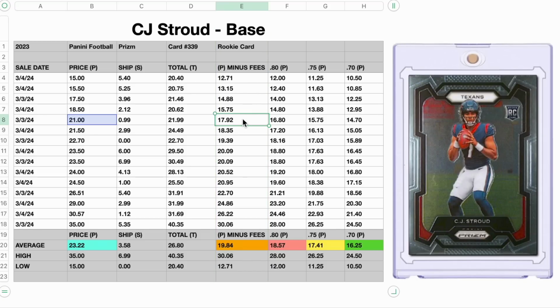$17.92. If I can get this card for anything less than that, that means I'm in the bottom third of sales and likely still have some value to make when I sell this card, right? So that falls right between yellow and red. So for me, the hard stop really is not $18.50 on this card. It's going to be